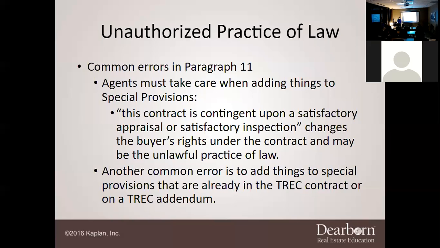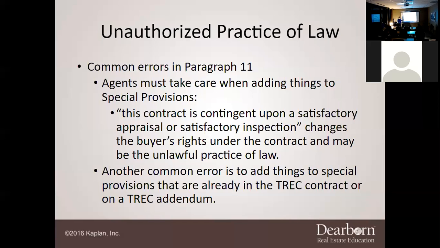Another common error is to add things to special provisions that are already in the contract or an addendum. Can't tell you how many times that's happened. There have been situations where they put errors or fill in things that already are in the contract. If you change things that are in the contract, you can subject yourself to unauthorized practice of law.